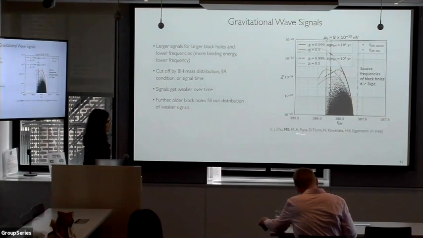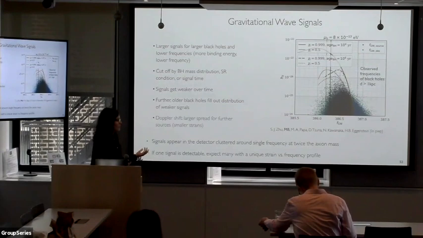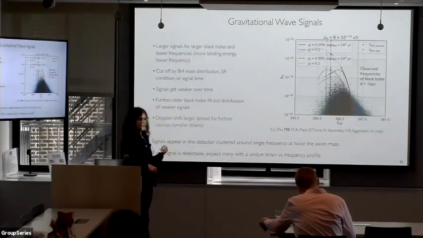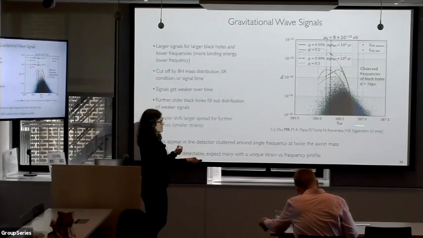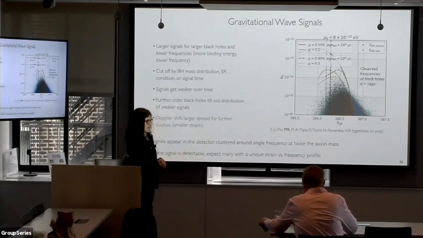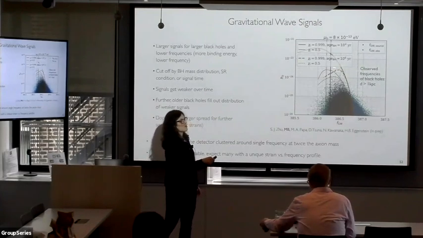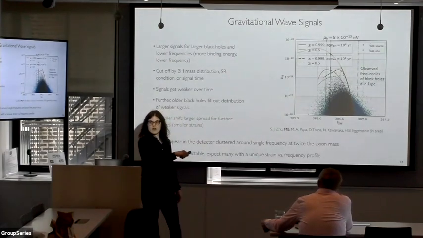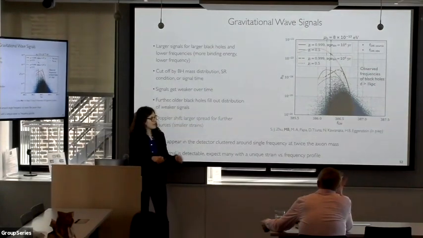So that's the distribution as seen in the frame of each black hole. Of course, the black holes are moving, so there's also a Doppler shift, which spreads out this shape further, and you get this characteristic pyramid-like shape in the frequency-strain plane that you would expect to observe in the LIGO detector. So if you see one signal from one black hole, you expect a whole host of signals clustered in narrow regions in frequency, with a particular shape that would reveal itself more and more as you decrease the sensitivities.